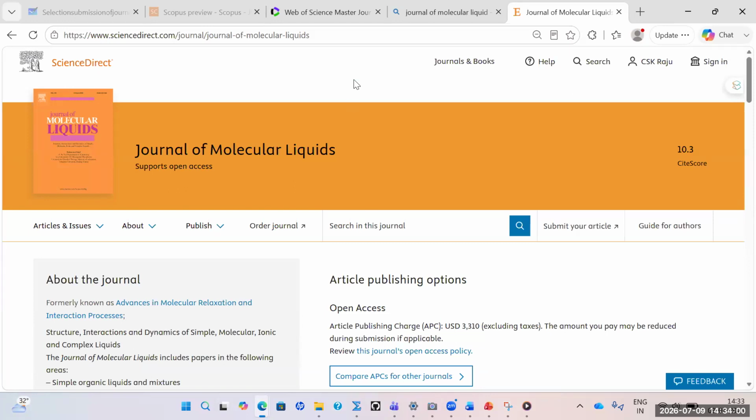Okay. So like you can see, as I mentioned, each journal has a publisher name, right? Elsevier is the publisher, and they promote ScienceDirect actually. We call it ScienceDirect. And here, Journal of Molecular Liquids is the journal name. And we could see here there is a "supports open access" label, meaning